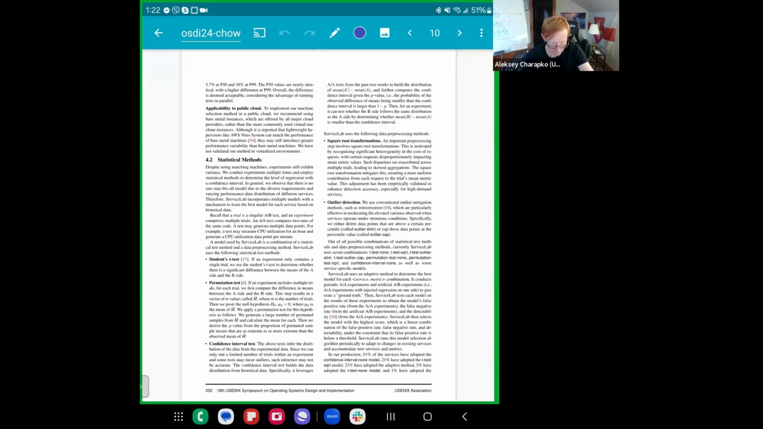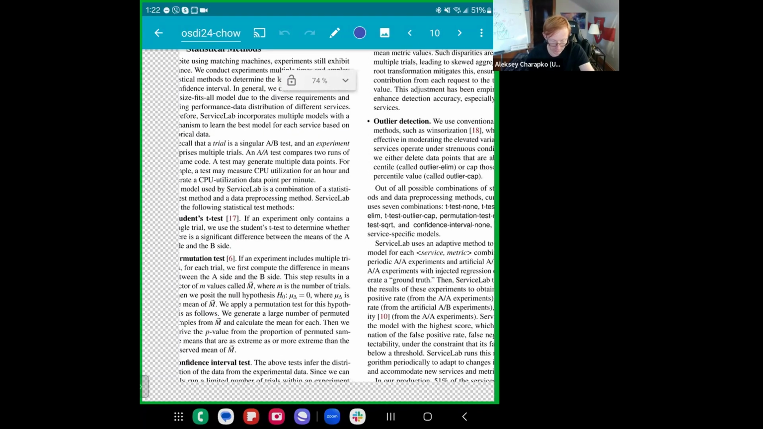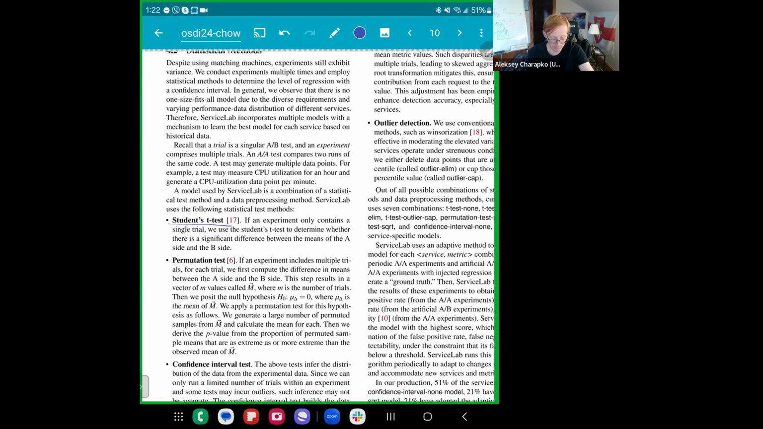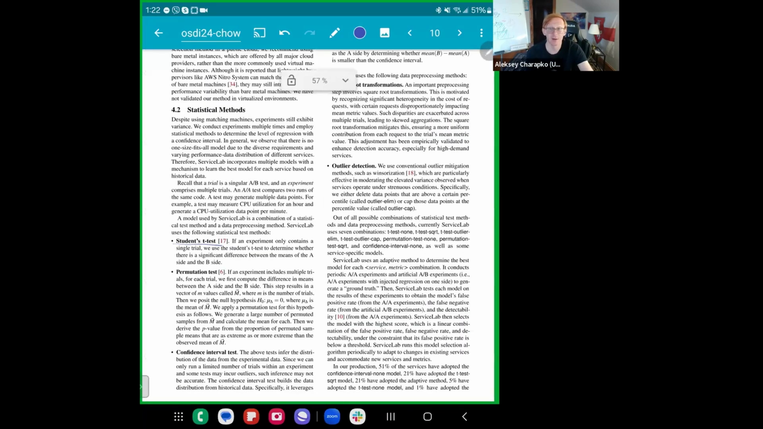For the statistical methods, they have an entire section on this, and it ranges from a plain Student t-test to a more sophisticated method. And the system itself decides on the statistical method to use. And the way it does it is